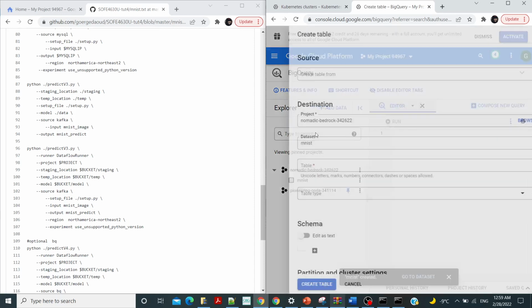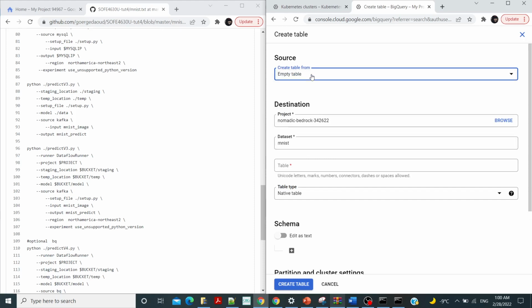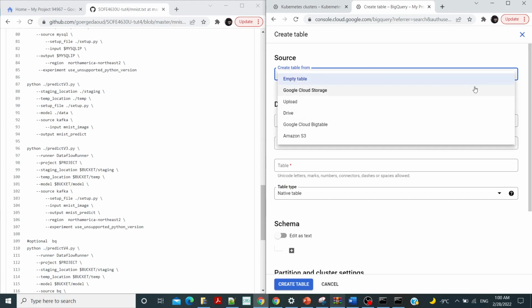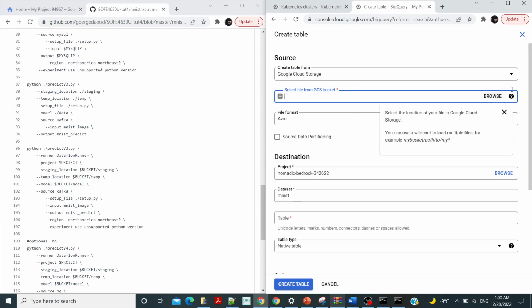After we created the dataset, we can create a table within this dataset. There are many ways to create a table: maybe an empty table, from Google Cloud Storage, upload, Google Drive, Google Cloud Bigtable, or Amazon S3, whenever you want. So let's start with Google Cloud Storage. I want it from Google Cloud Storage, and what is selected is the Google Cloud Storage bucket. So let's open